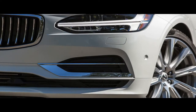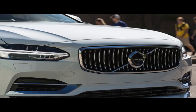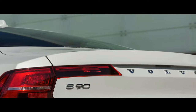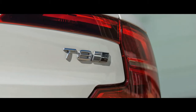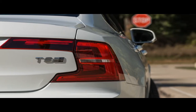Power play. In terms of acceleration, the S90's powertrain certainly delivers on its top-of-the-range positioning. The 400 horsepower hybrid easily outsprinted the lesser T5 and T6 S90s at the test track, putting down a 0 to 60 mph time of 4.5 seconds, 1.1 seconds ahead of the 316 horsepower S90 T6 and 1.8 ahead of